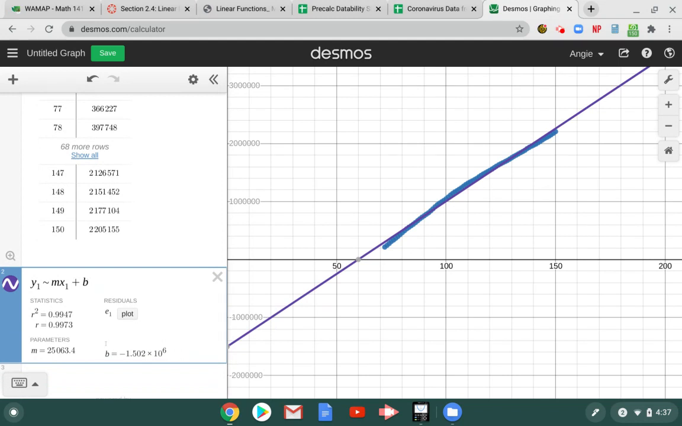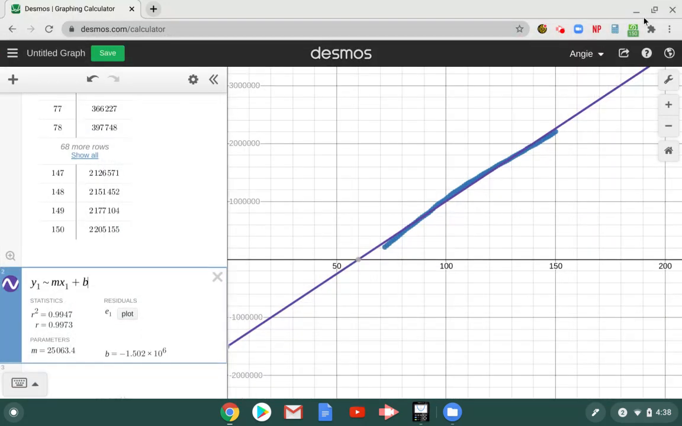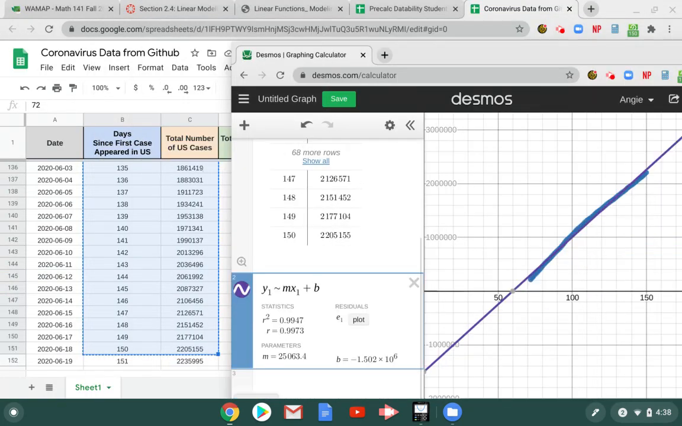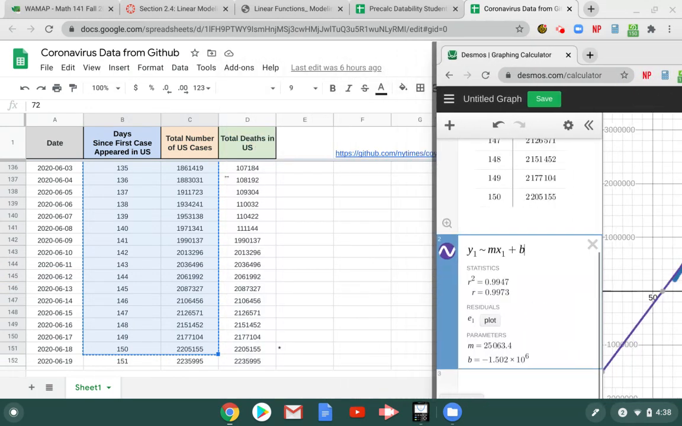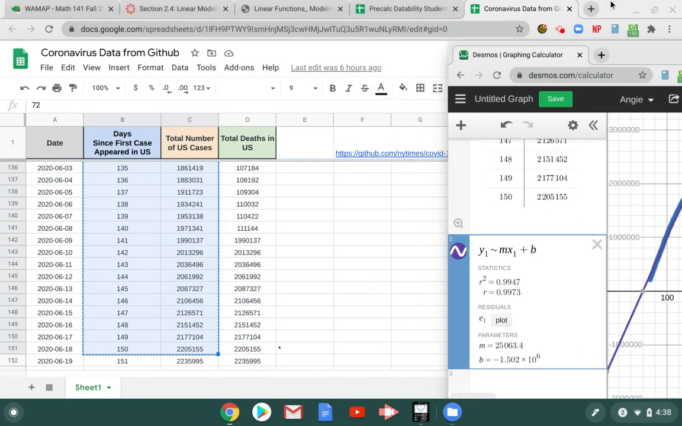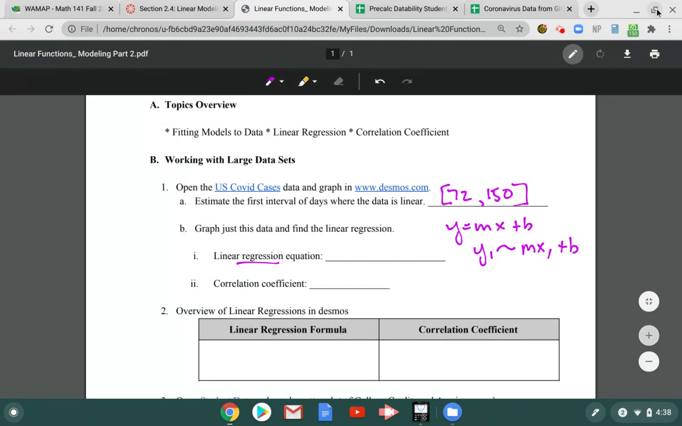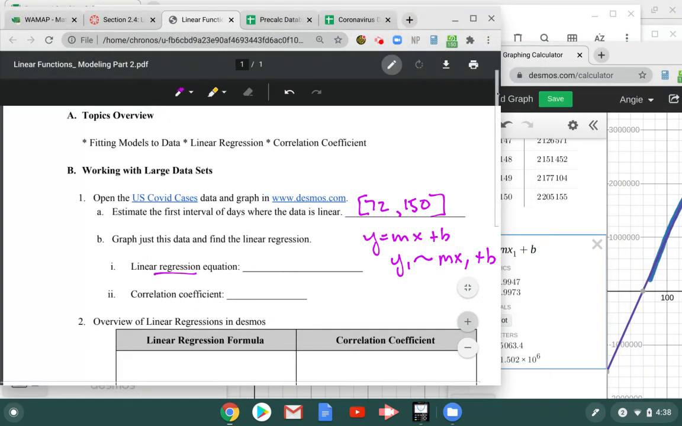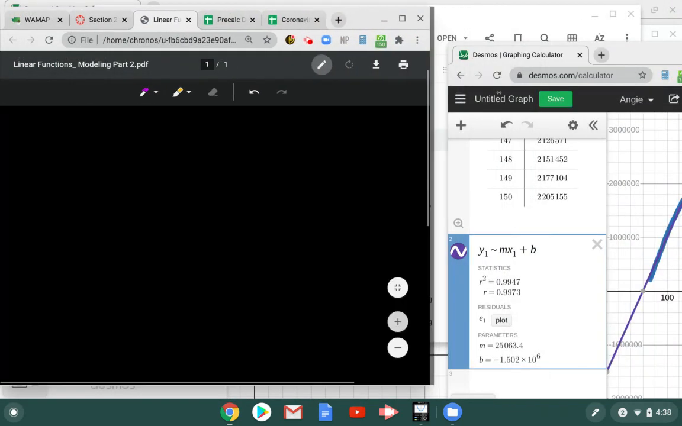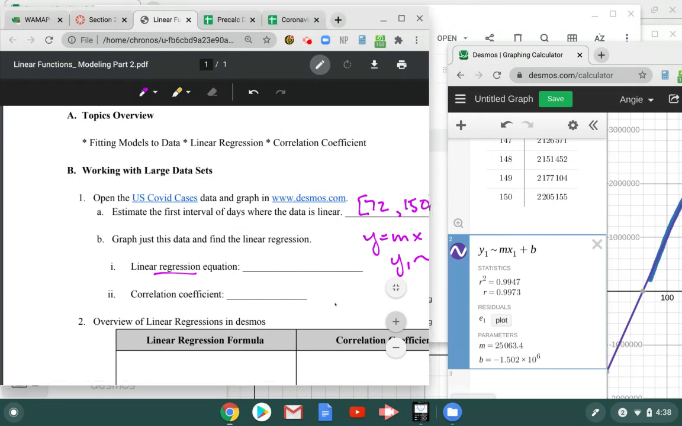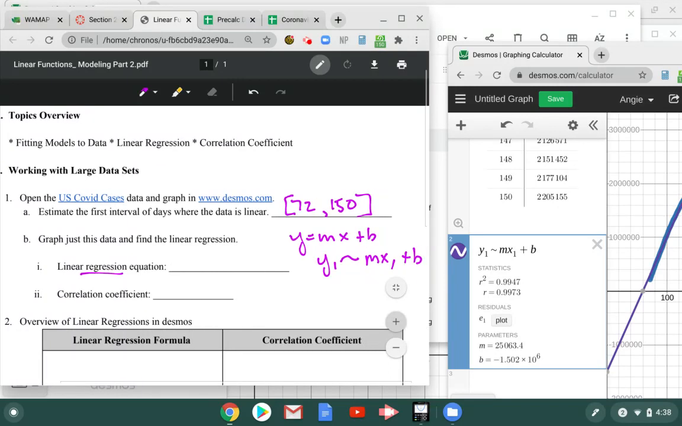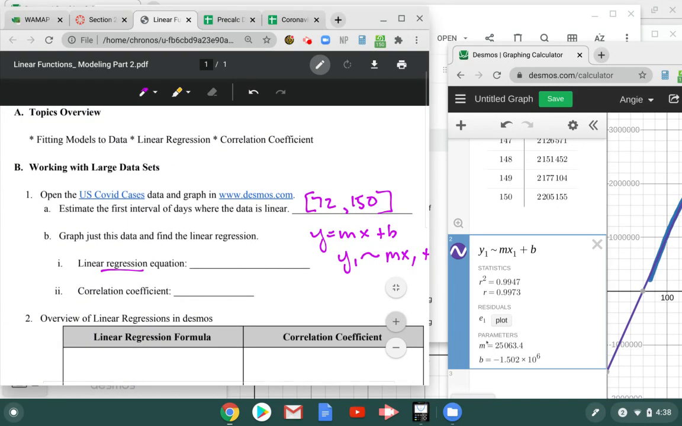This is a huge number, times 10 to the 6th. That's in the millions. So let's go ahead and move this over. I'm just going to shrink this down and give it its own window so we can get this into our worksheet. Okay, I think I can still see it there. And then back to our worksheet. So I want to grab the numbers off of Desmos. So the linear equation. So I am using y equals mx plus b. M is